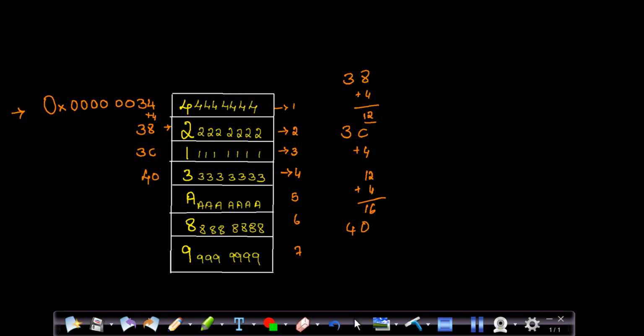Next your address will be 44. It will be 48. It will be 4C. Likewise, your address for any given number will be allocated with an increase of 4.